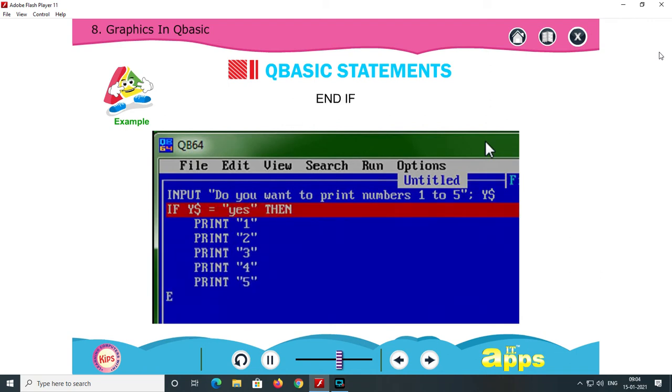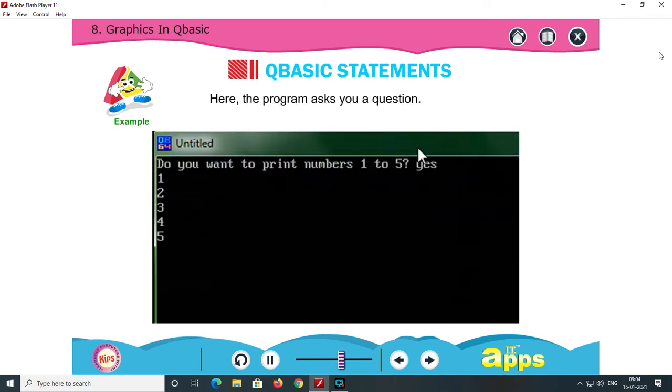END IF. Here the program asks you a question. If you enter yes, then it prints 1 to 5 on the screen.